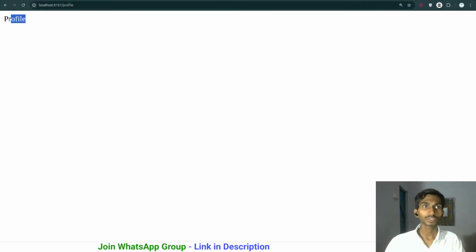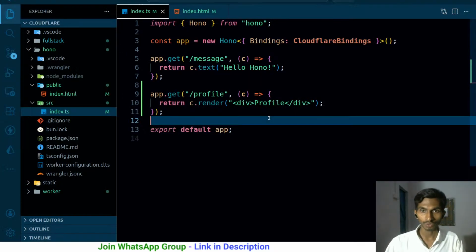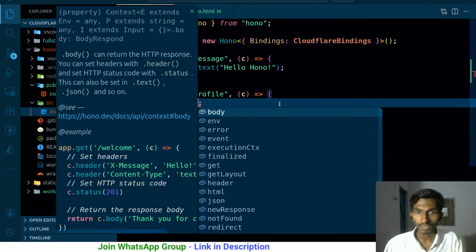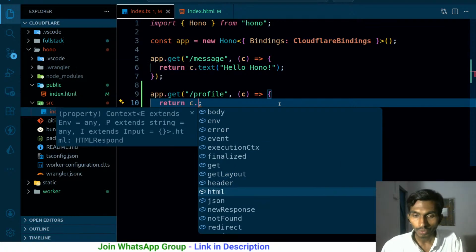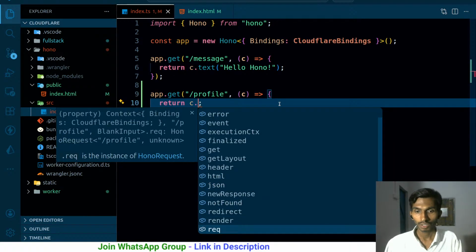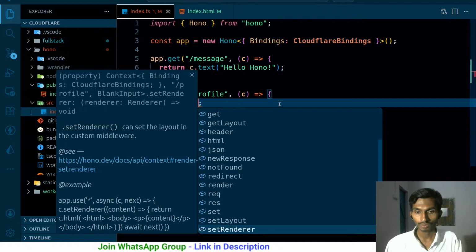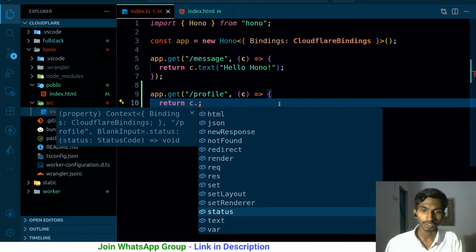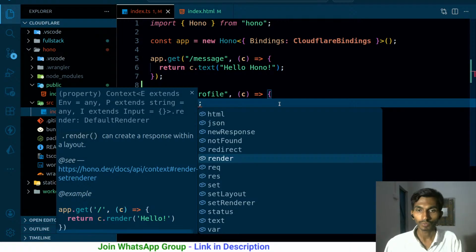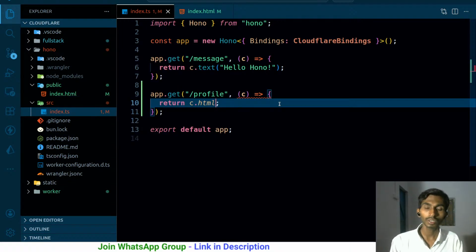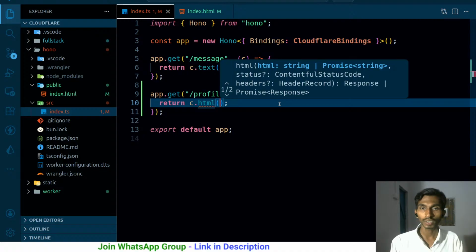So when I access the profile, I'm directly getting the profile over here. Such a good thing. Not only this, if you have a look at the options, we can directly render the HTML here, and JSON, HTML, and we can even render the text, and it renders already. Apart from JSON, HTML, let's select the HTML, and when it comes to HTML, just simply write h1